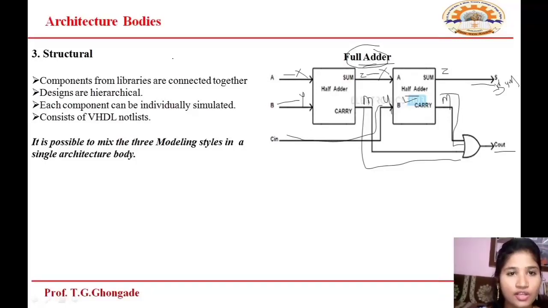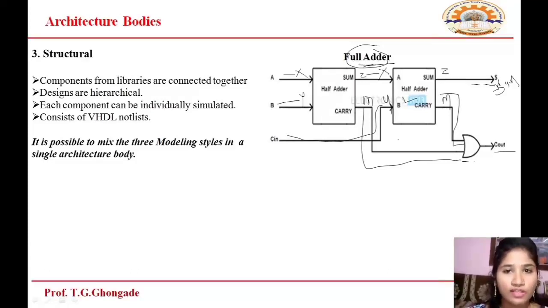Now this is the structural way of looking at this. By using two half adders, I design one full adder by using an additional gate between them. That means here I use an additional OR gate to combine these two half adders. Okay, so in the structural style of modeling, we can use two different components as a separate VHDL design structure, and then we can combine them by using an additional gate.